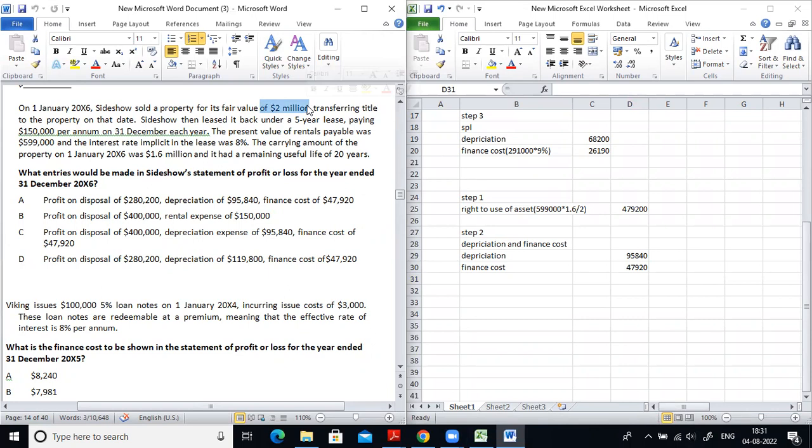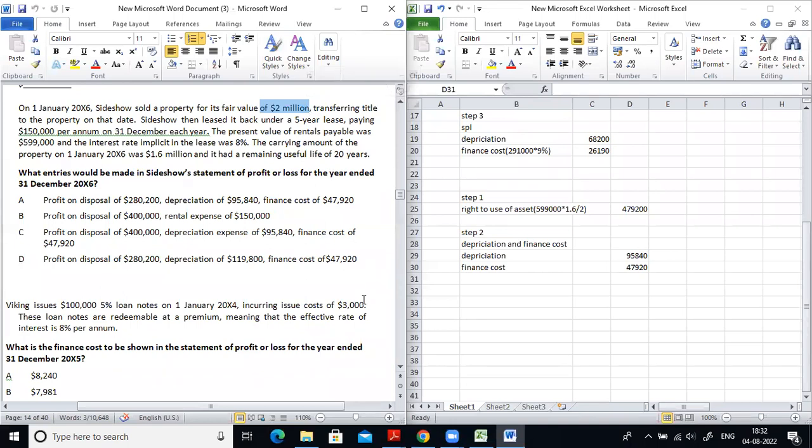But in this case, it is a sale and leaseback. You sold the asset and the same asset you took on lease. Now, the conceptual framework clearly says that if you are again retaining the control on that, you cannot recognize the profit or loss on disposal on the retained part. I believe it makes sense also, participants, right? You cannot recognize the profit or loss on disposal on the retained part. It should be recognized only on the unretained part.